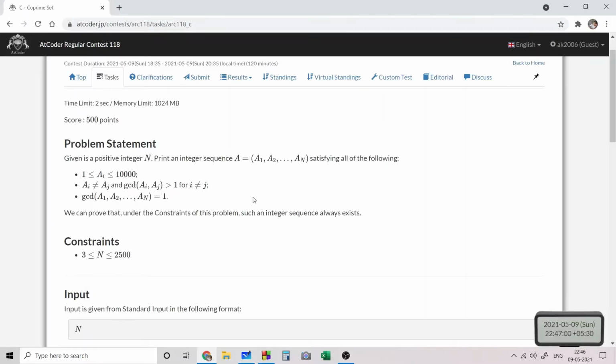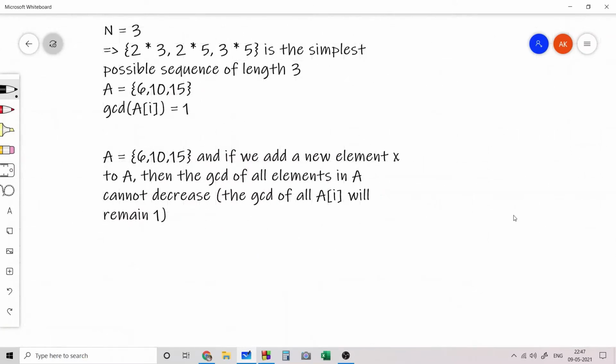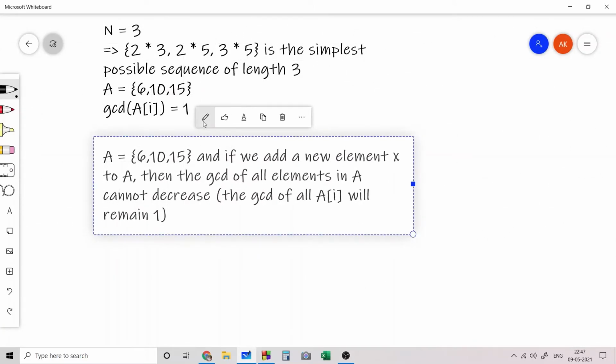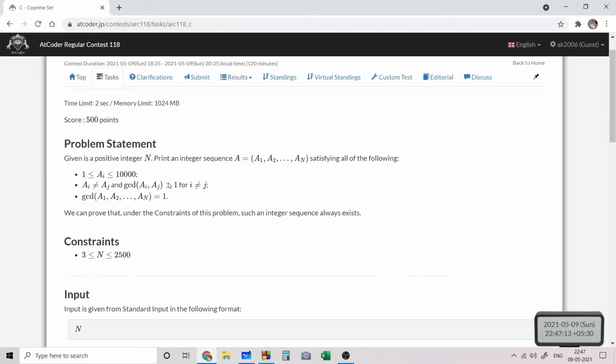The second observation is that we need to add elements so that the pairwise GCD will still be greater than 1.